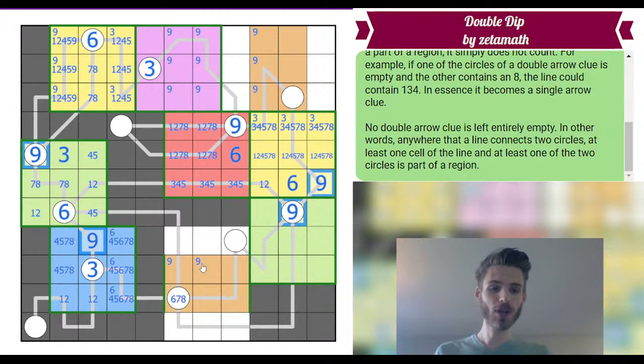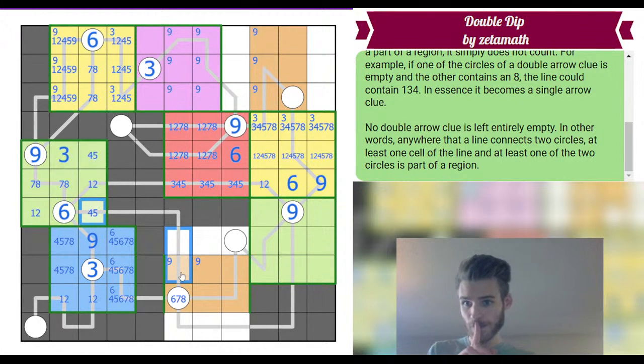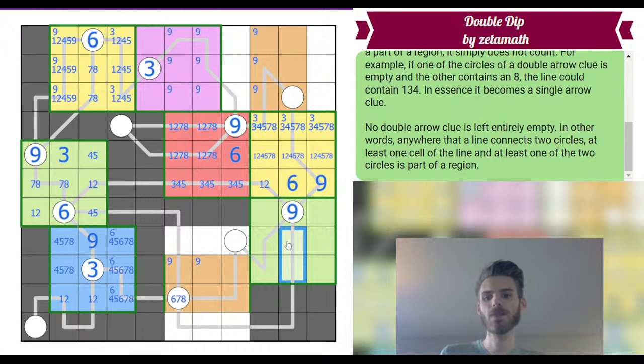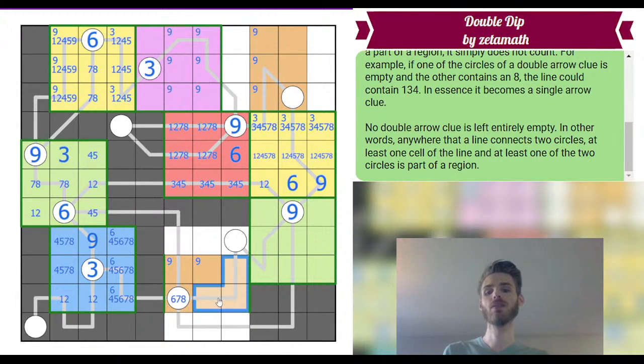But what would happen if this circle is a 6? Then these have to add up to 12, or these 3 maybe. Oh, but these have to add up to 15, or these would have to add up to 15. Excuse me. Now, these adding up to 15 is really easy. But that would mean, oh, this one. This